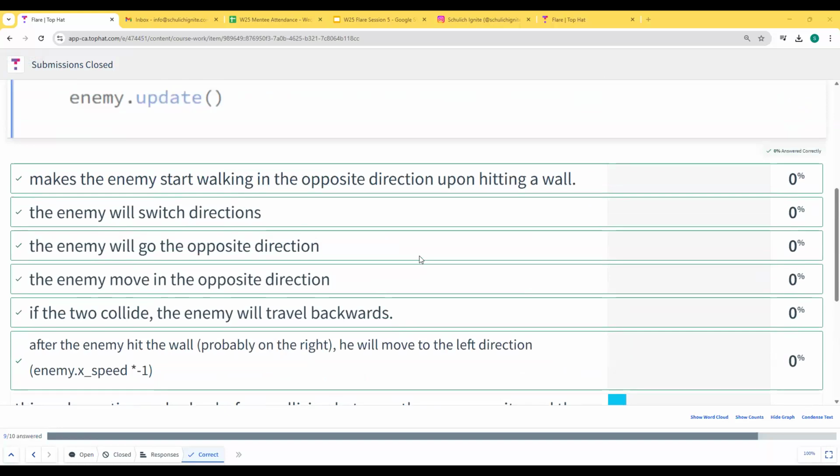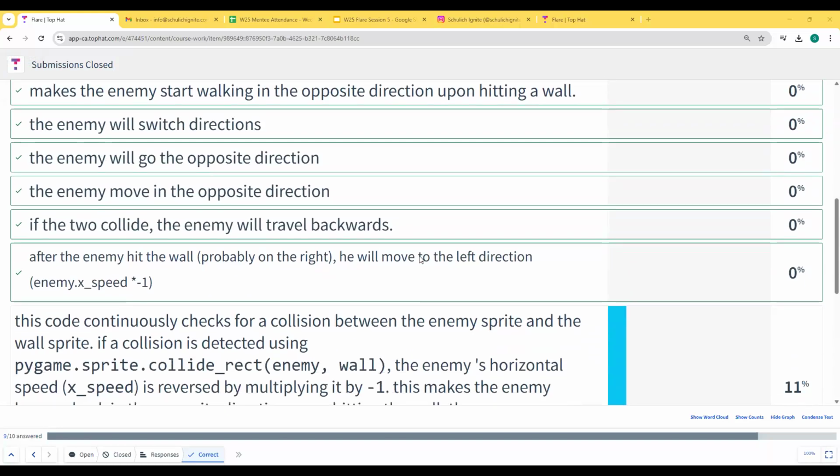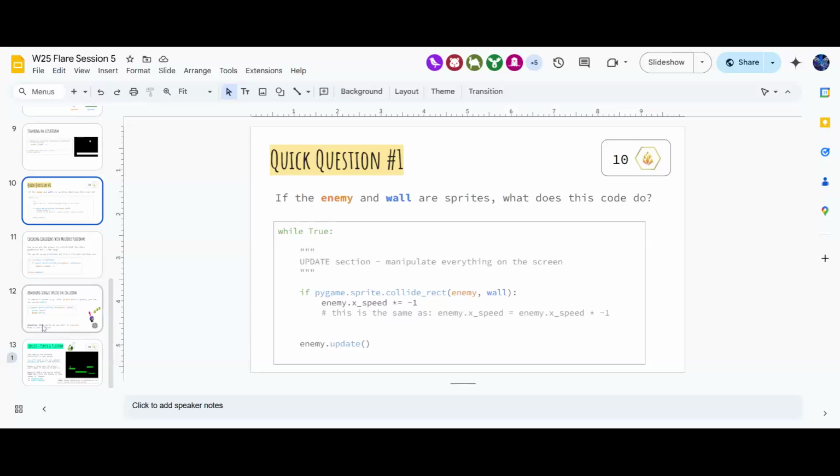Anyways, any answer along the lines of the enemy changes direction is basically it. So if you imagine you have an enemy, right? Like this guy over. Let me share a screen. So this enemy, let's say its speed is +5, then it'll go